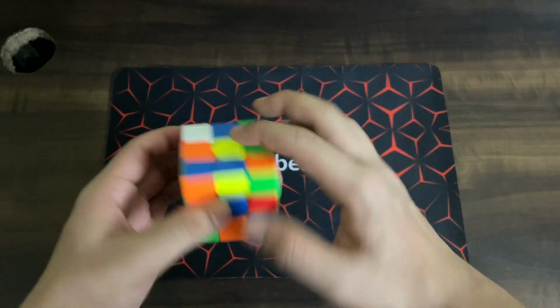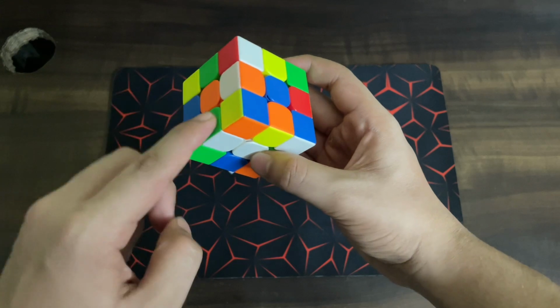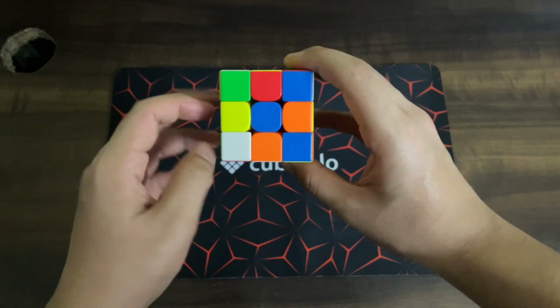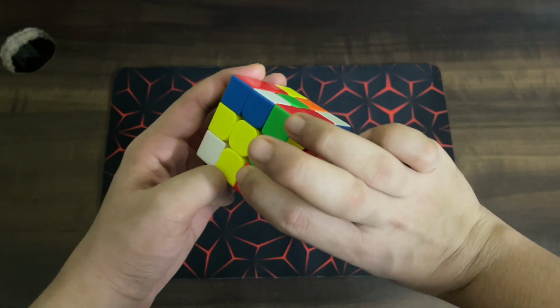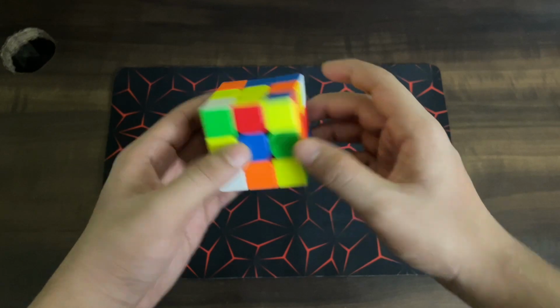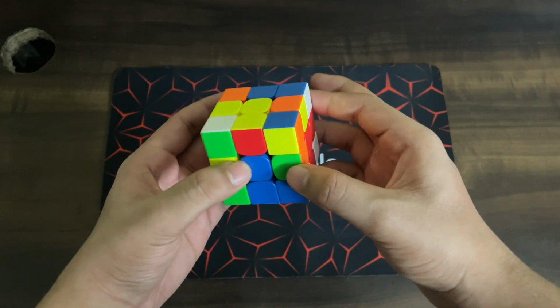So these two will be paired up in the back. Now I'll do these moves very slowly. So L to put the white green down, F prime to put the white orange down, and then I have these two left, which I'm going to be doing like this, B prime, R. See? And now I can align the cross with a D prime, and then I can just go into this